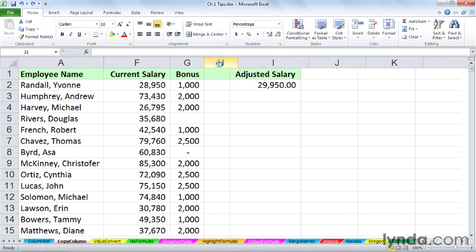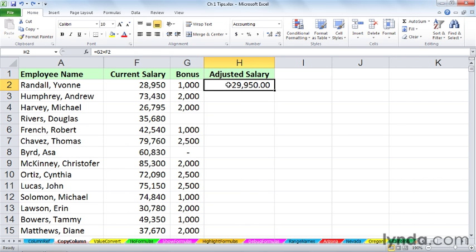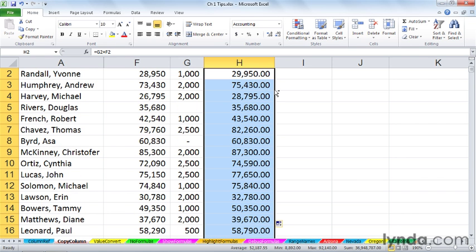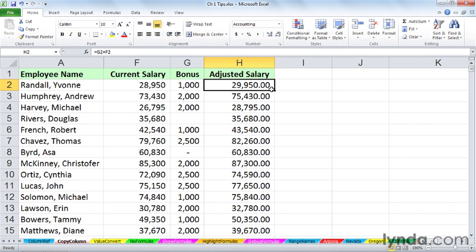Typical situation, you need to copy information. Now, this does not need to be a formula, although we're talking about formulas and functions in this particular movie, but whether this is text or a value, or in this case, a formula, double-clicking the lower right-hand corner takes us to the bottom of the column. And again, Control period to quickly determine the limits of how far it was copied. Unfortunately, there's no corresponding shortcut for copying formulas across a row, but rarely would you need to do that across the thousands and thousands of rows